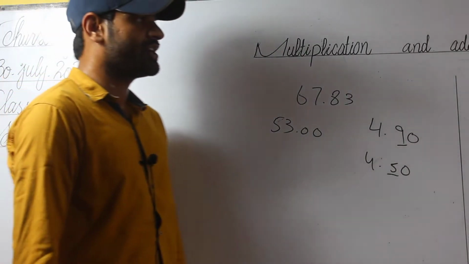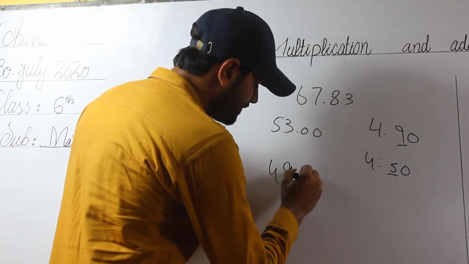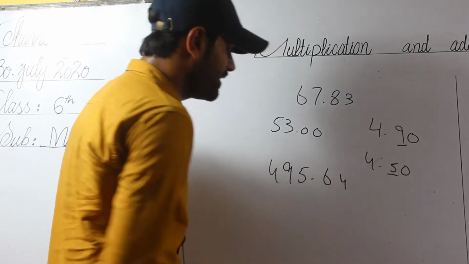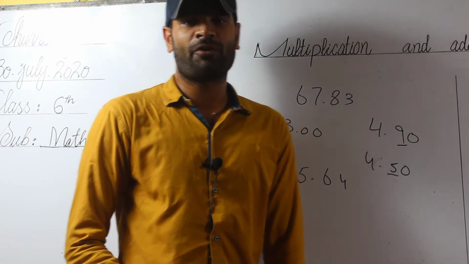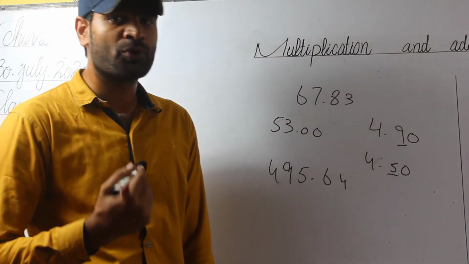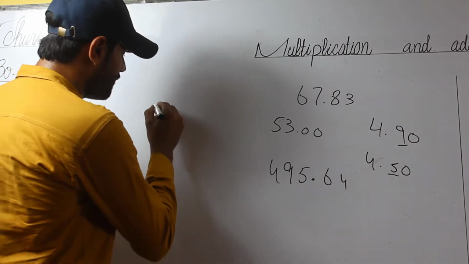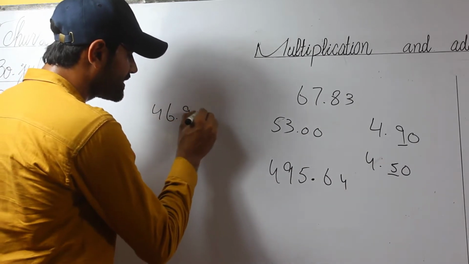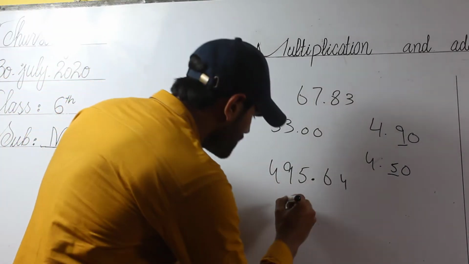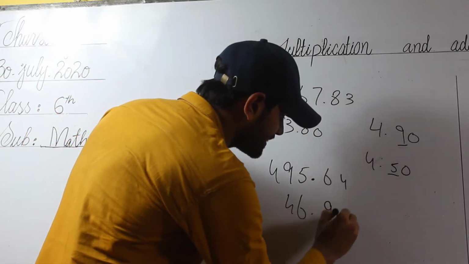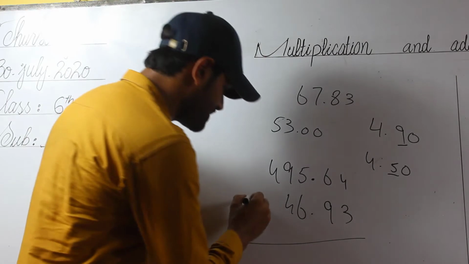So we are going first to addition of decimal numbers. I take any two decimal numbers, just like 495.64, and the other amount I write. When I perform addition of decimal numbers, I need to put the point under the point. So the second term, if I have 46.93, I put its point under the point of the first amount. Then perform the addition as we perform simple addition of two terms.